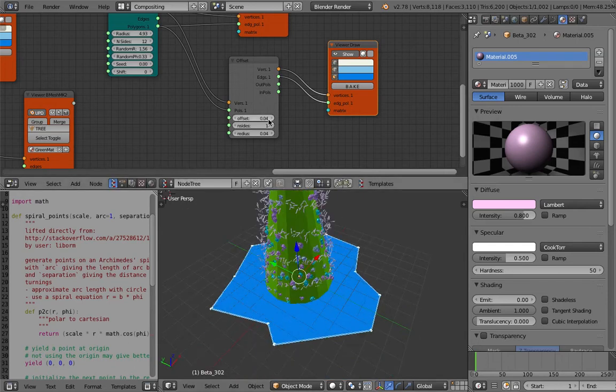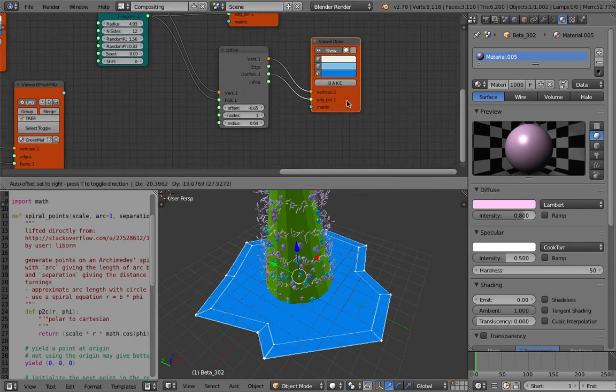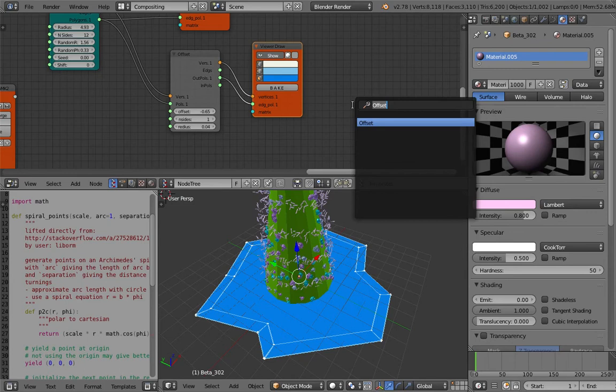Let's see what we got. So we have this offset kind of thing. This is very useful, by the way. See, out polygon. Yeah, that's better. And then you can actually extrude,